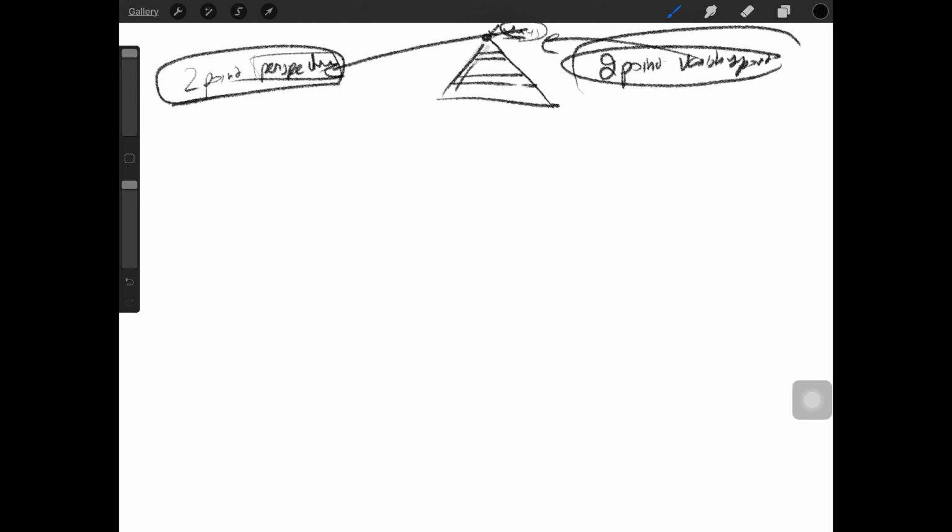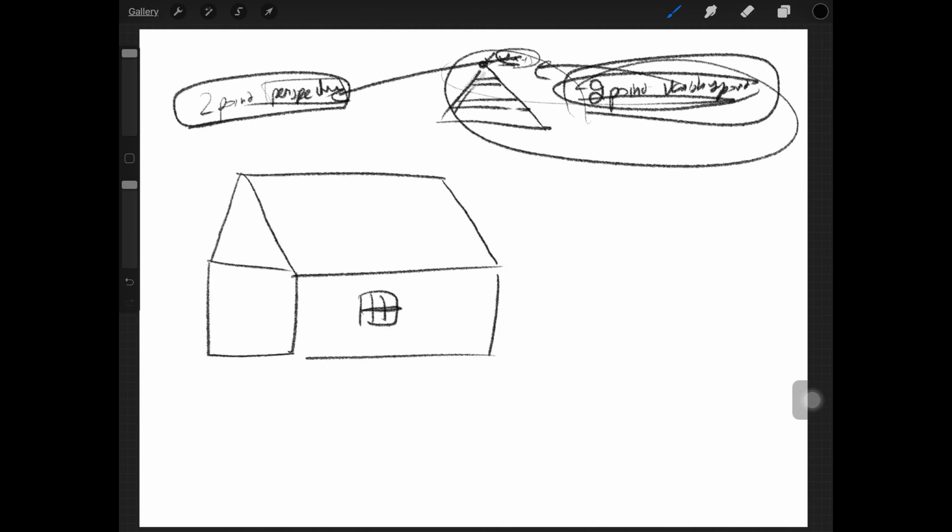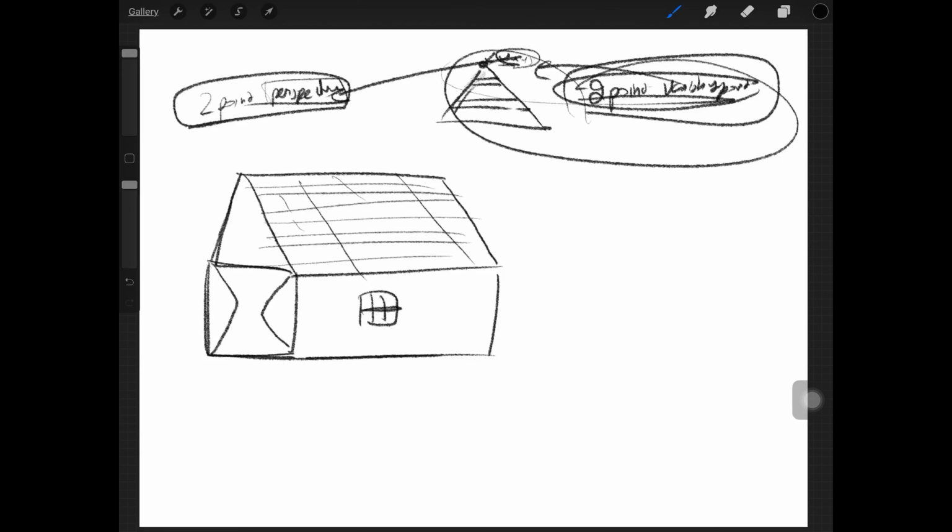So if we ignore all these vanishing points and the 2 point perspective theory, you will remember that in your earlier education a teacher used to tell you to make a hut. Then you would try to make it like this. This was your hut. Something like that. There is no perspective, there is no scaling. Scaling is another topic, we will discuss it later. So if we do this,